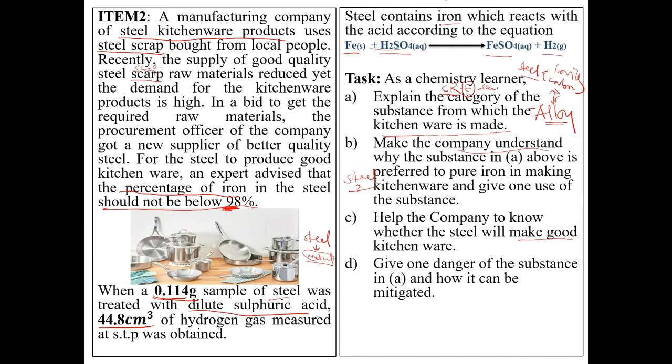What are we going to use? There's information provided to us here. Then we'll be able to conclude. Then give one danger of substance, then we give the danger of steel and how we can mitigate. Okay, so